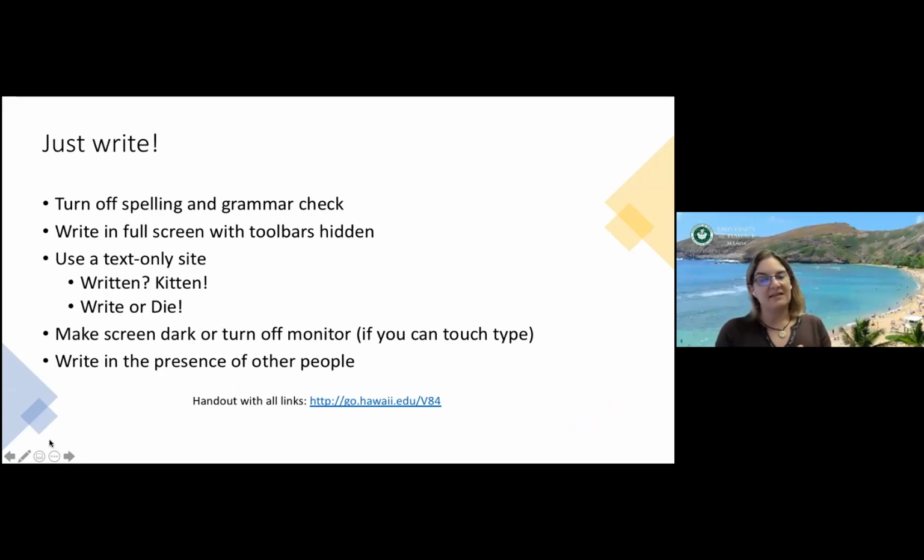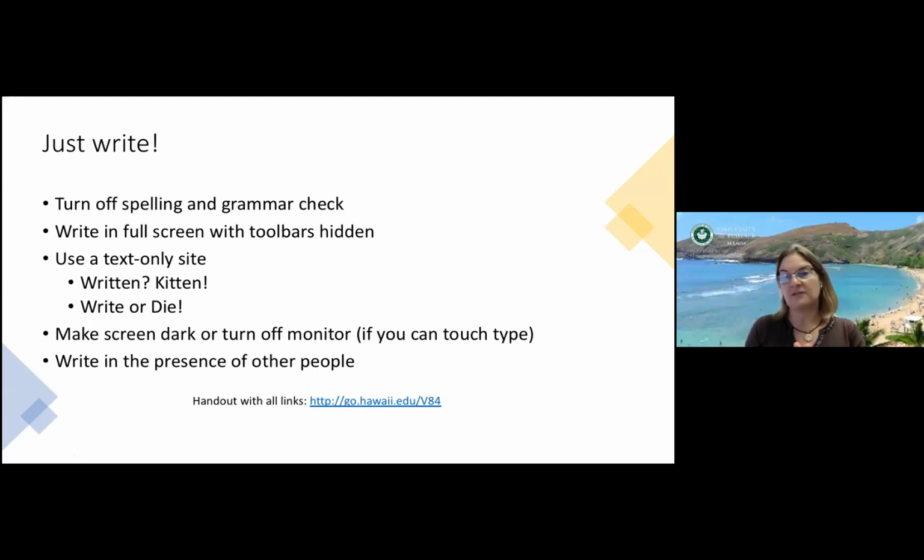And then that kind of goes along with the idea of just writing. A lot of grad students get caught up in the idea that everything they produce needs to be perfect. And I mean, we know you get into grad school because you are somewhat type A and you're driven to study something. But for writing this kind of text, you actually have to let go. And so there's a lot of techniques that you can use to get to it.